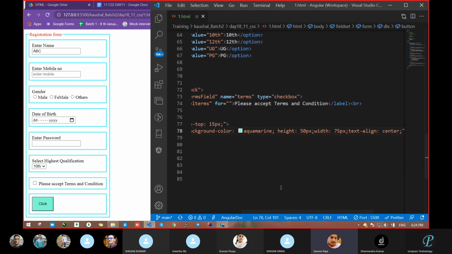So Dharmender, what do we have to do so that it will look like a button? Dharmender, do one thing. Order pizza. We will think this is a button. Don't worry.